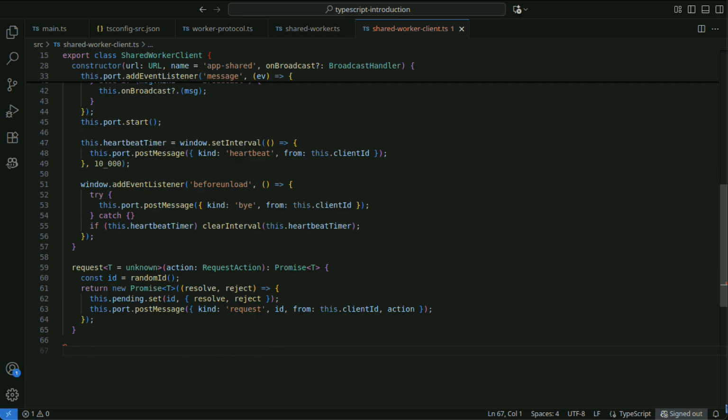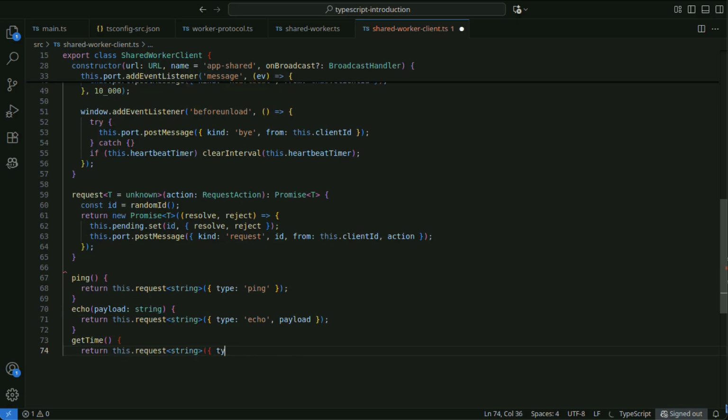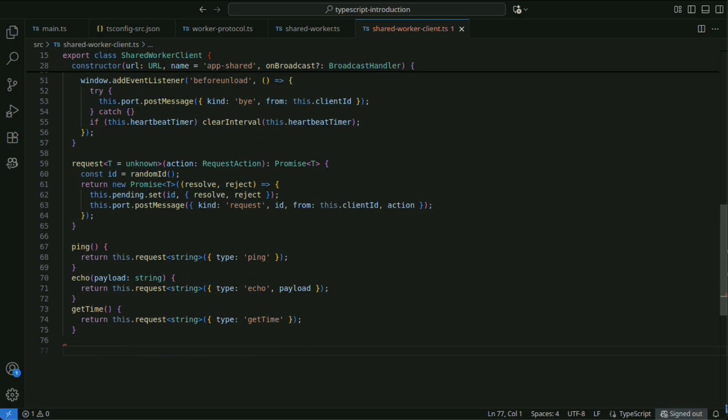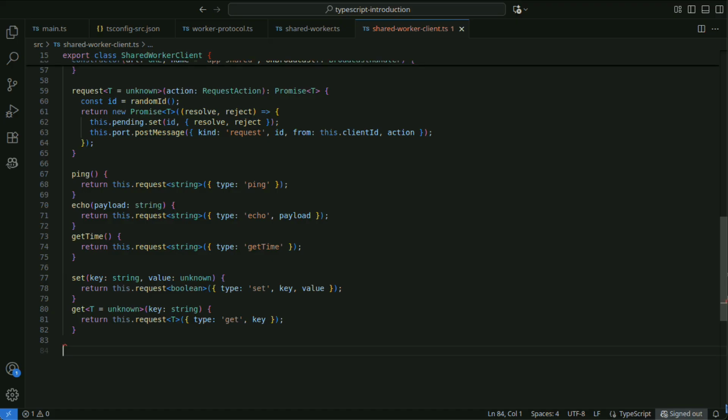The request method sends the specified action to the worker and receives the result as a promise. These are utility methods for basic communication tests and getting the current time. These are methods for storing and retrieving key value pairs.